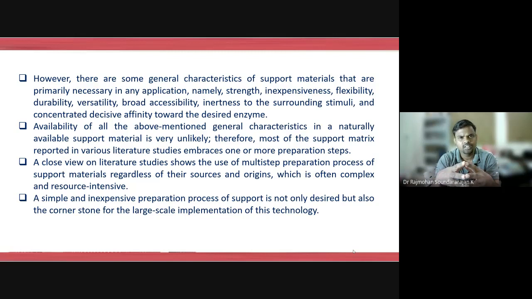So we always take a support, we functionalize it, or we modify the properties of the support before we attach any enzyme onto it. The same thing is done for catalysts also. When we talk about noble catalysts like platinum, ruthenium, iridium, which are costlier catalysts, the surface of the catalyst is more important than the core of the catalyst. With a spherical shaped catalyst, only on the surface is it going to work.